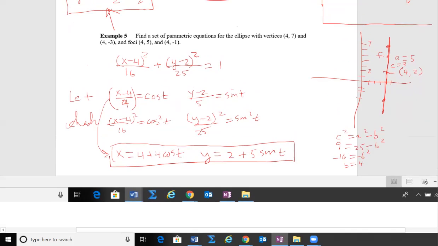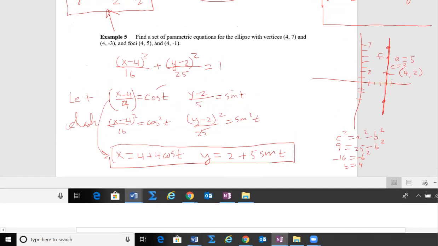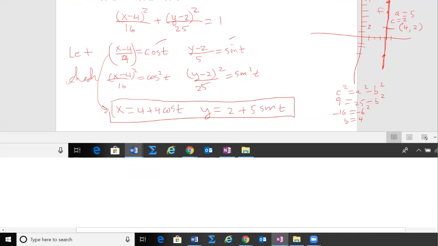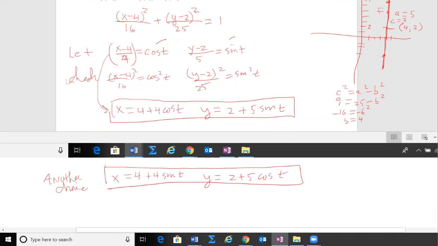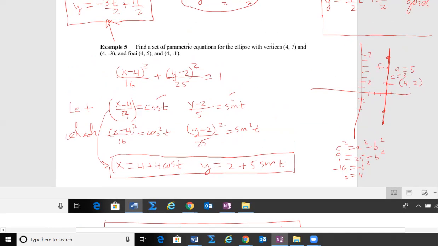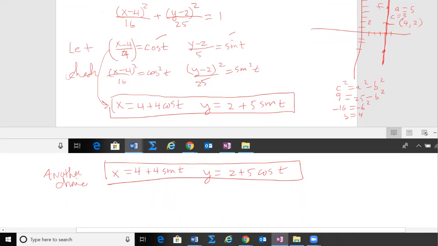Okay, now you might have said, well, what if I had switched these, this one and this one? Switch them around. Well, you would have had that x was equal to 4 plus 4 sine t. And you would have had y was equal to 2 plus 5 cosine t. So that would have been another choice. Okay, another choice. Would have given us the same graphs, and you can show that. Now, the only thing that we don't know about these is the orientation. We're not required to show that, but